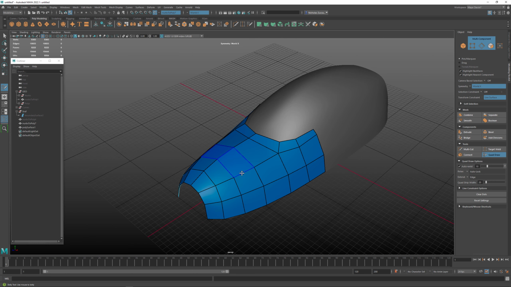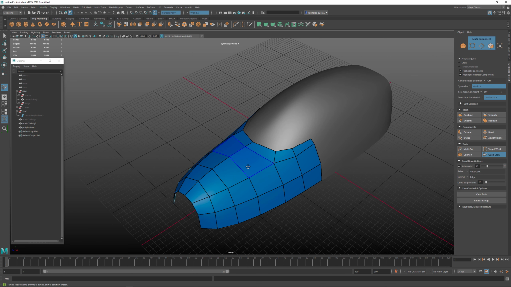you can hold down control, and it's just like the multi-cut tool and inserting a loop. So we can insert that, and you can see as we add geometry, it's automatically snapping to the surface. So I can quickly make geometry like this. Now if I hold down shift, we can relax the surface and these points, and that becomes a really nice,